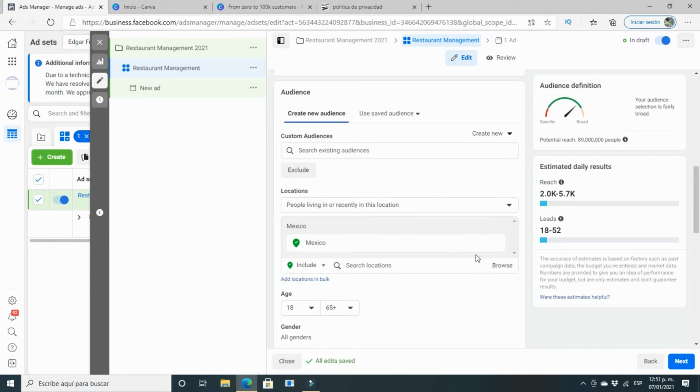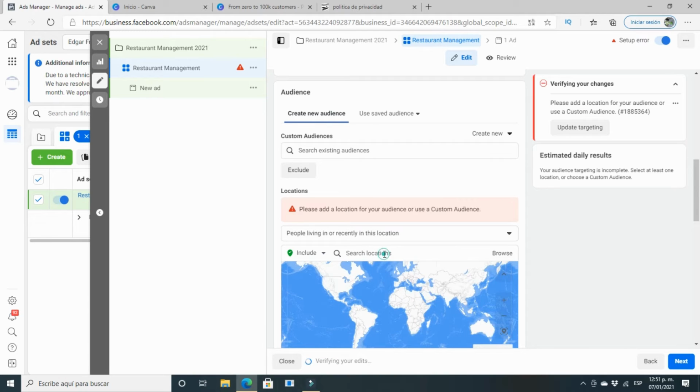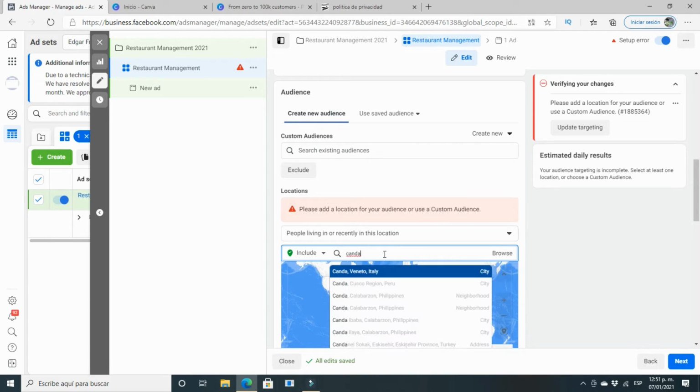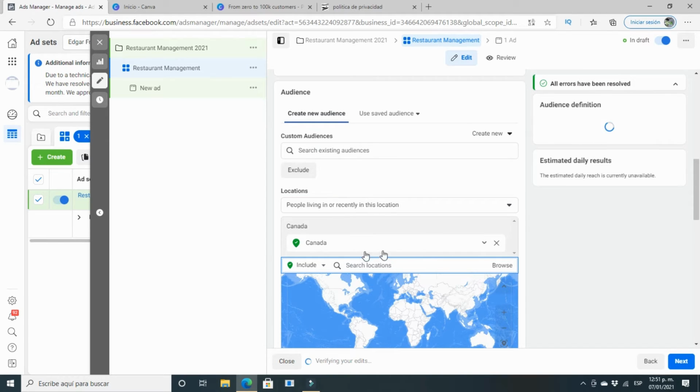Remember that you are working with something that is really new. So in this case, probably I want to work with an entire country, because we're going to suppose that this kind of course is online, and we want to have as many students from all the country. So we're going to click here on Mexico because I am here in Mexico, but you can change it to any other location, for example Canada. And we're going to click here on the entire country,